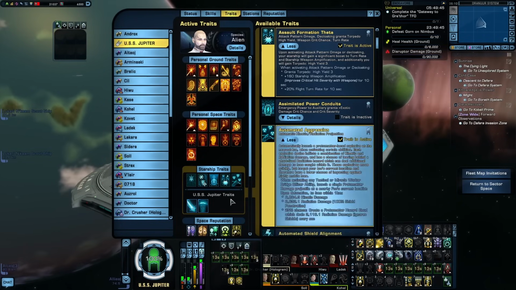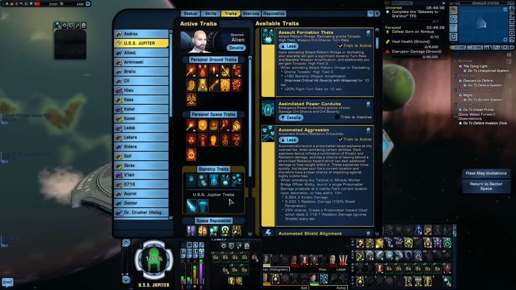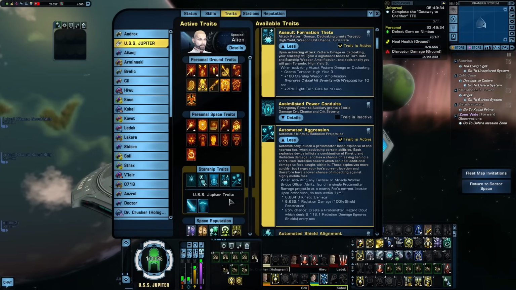Next is Automated Aggression of the Zentaur. Every time I activate a tactical or bridge officer ability, I shoot out a little protomatter barrage, which will deal kinetic and radiation damage in a 1 kilometer radius. This one's a pretty decent trait, and it's one of those rare ones that fires off its own projectiles, but